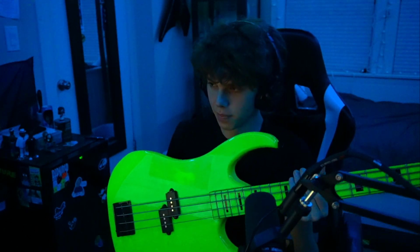Okay, so now here's the next part. So I have my base. It's really nice and neon green, and I can put something on there, and it will show what it is, and it sounds like, I don't know if you want to go down like that. So for my last song, I did something similar to this, which was I just played the bass, and it was like that. But that sounded good. But for this one, we're gonna keep it kind of nicer,